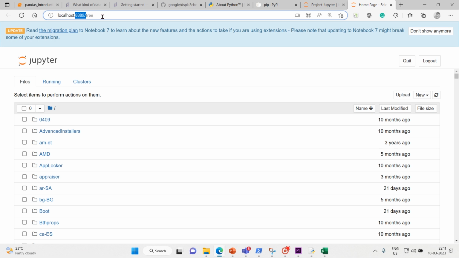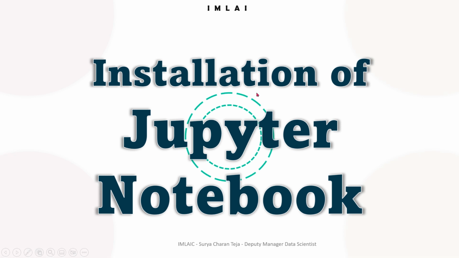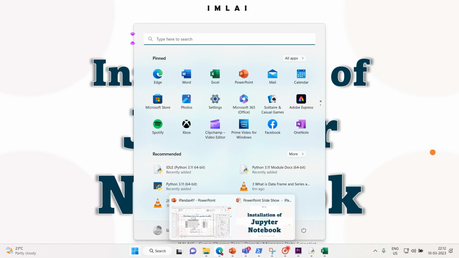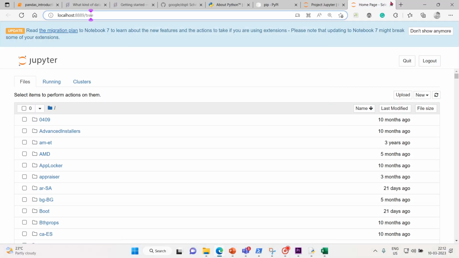A Jupyter notebook runs on the browser in your local host machine at port 8889. And this is the folder it has kept open. That's how we use a Jupyter notebook, and in the next we will also see how to handle the Jupyter notebook. This is by default. If you open it in Windows PowerShell, it will open in a specific location where PowerShell by default opens. So I'll close this one